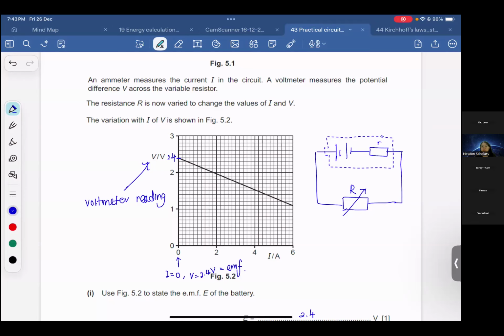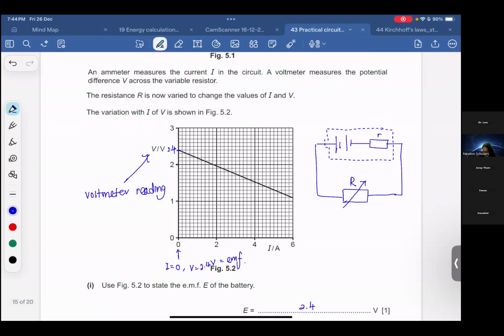Okay, let me check Wesley. Wesley, correct, but the problem is your unit is wrong. Manjo, yes, correct. So here, when you have 5.0 ampere, this is your voltage, which is